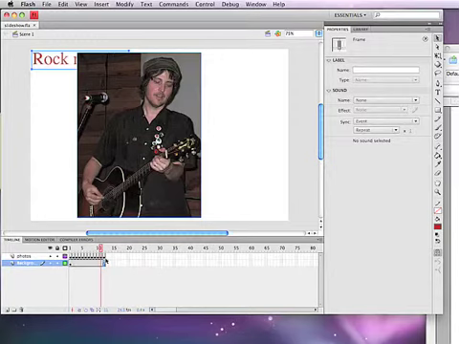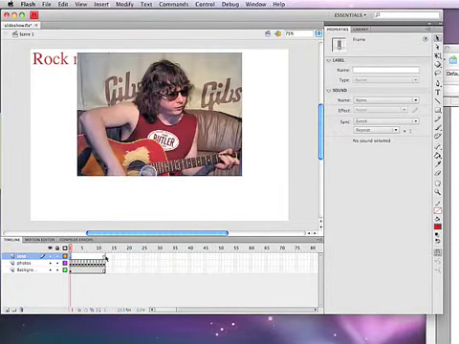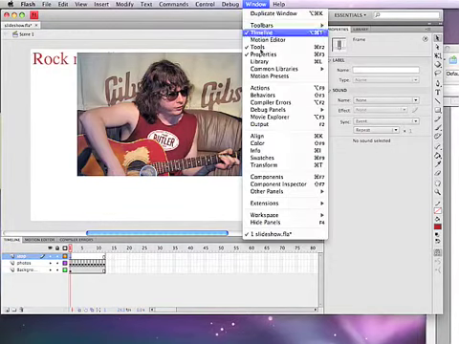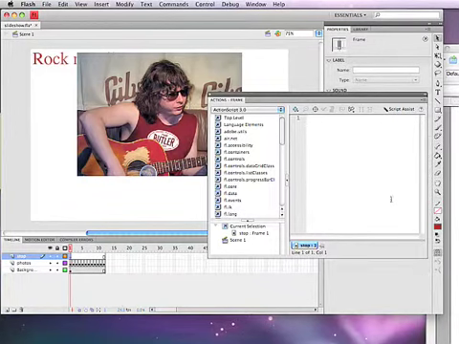These are going by at 24 frames per second, so it's very, very quick. What we want to do now is create a layer for actions. And I like to put the actions layer on the top, so I'll double click on that and name that the stop layer. And I'm going to put a keyframe in each one of these, and I'm going to open my Actions panel, and make this a little smaller so you can see the whole thing, a stop, S-T-O-P, with the opening and closing